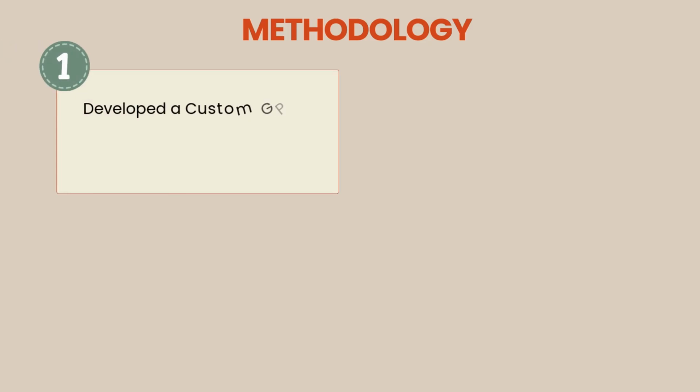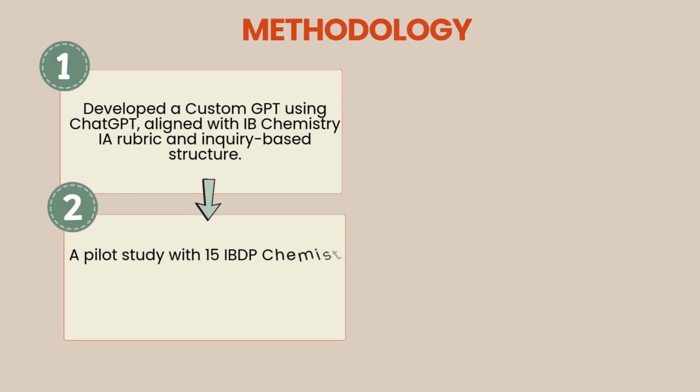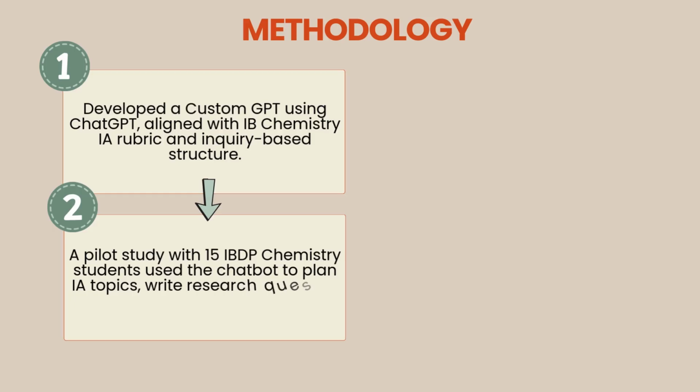Our methodology followed a 4-stage process. We first developed a custom GPT using ChatGPT, aligned precisely with the IB Chemistry IA rubric and inquiry-based learning framework. Next, we ran a pilot study with 15 IBDP chemistry students who used Chemiacoach to plan their IAs, formulate research